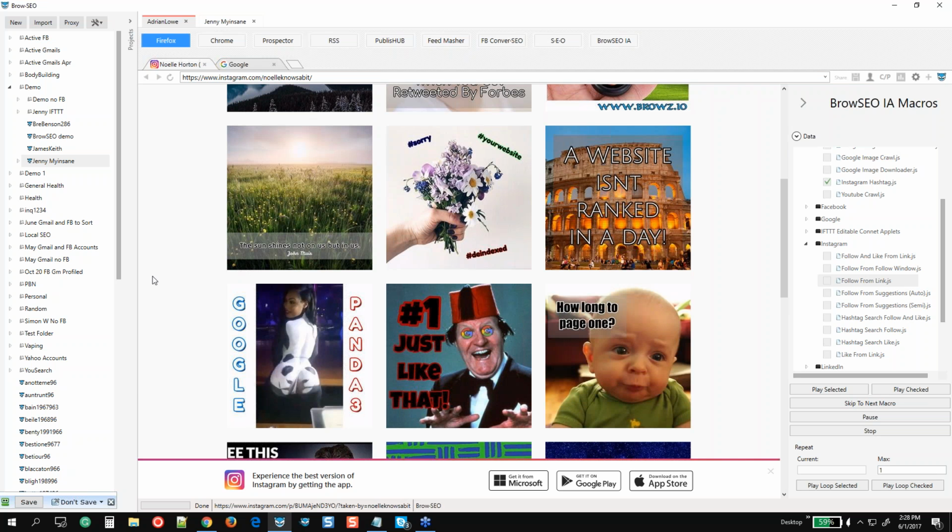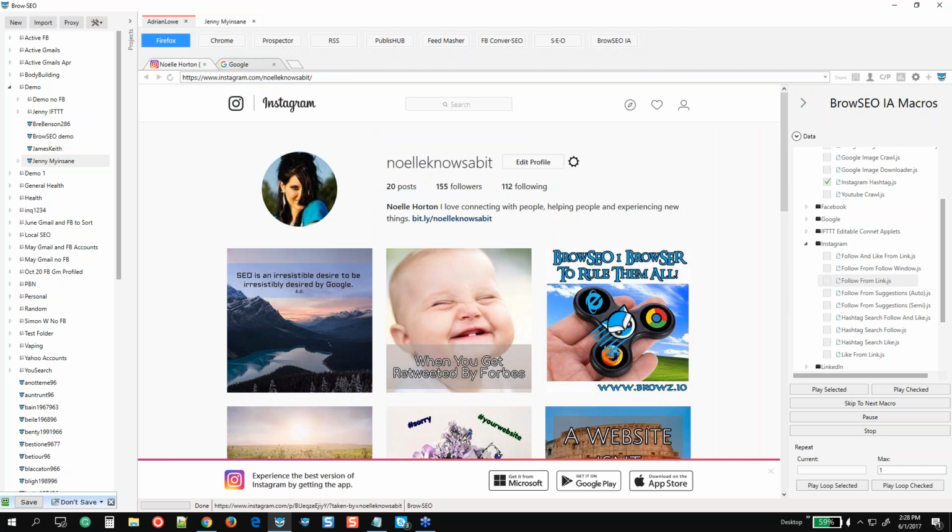See, you've got to be a lot more creative, okay? Because anyone can just post stuff. If you want to go with pinpoint precision and do the right thing and build real loyal followers, niche-related followers, you've got to do this kind of stuff. You can't just be automating that.